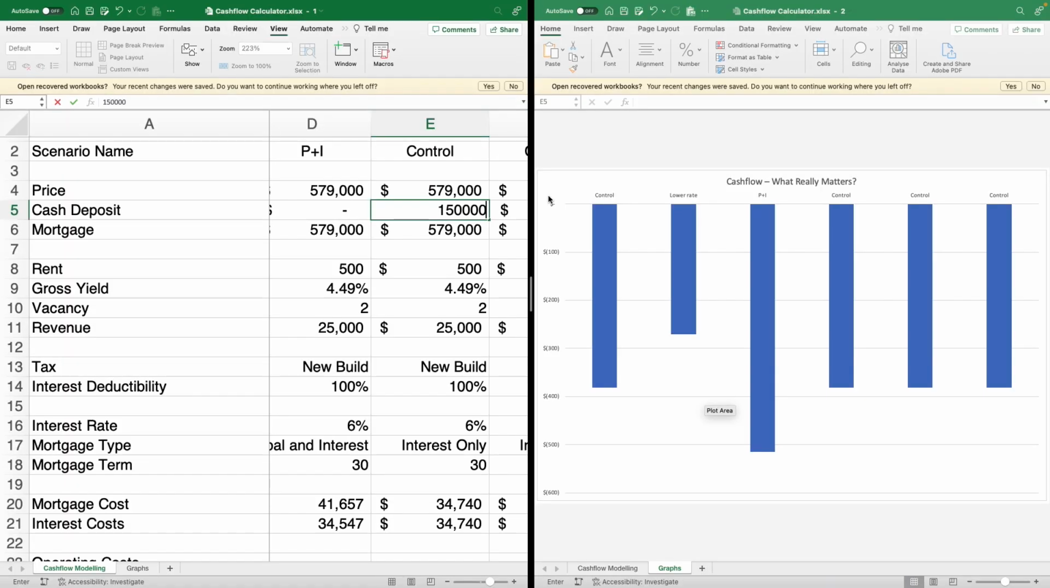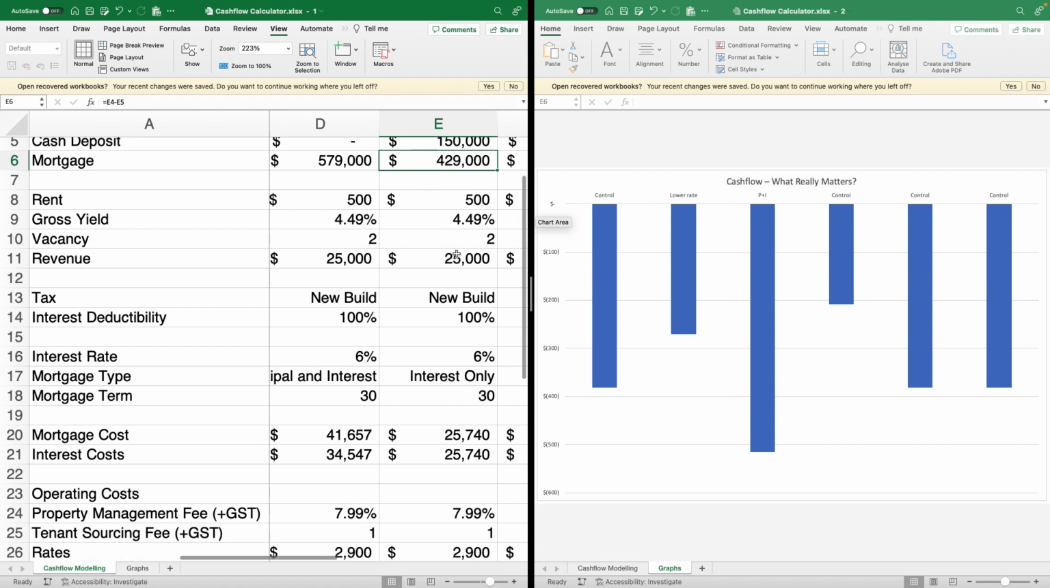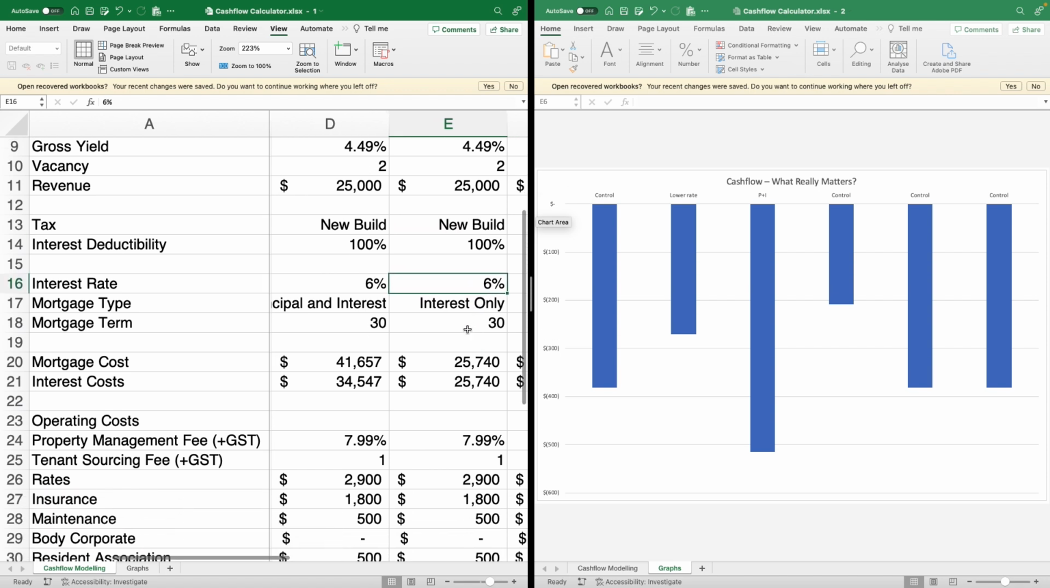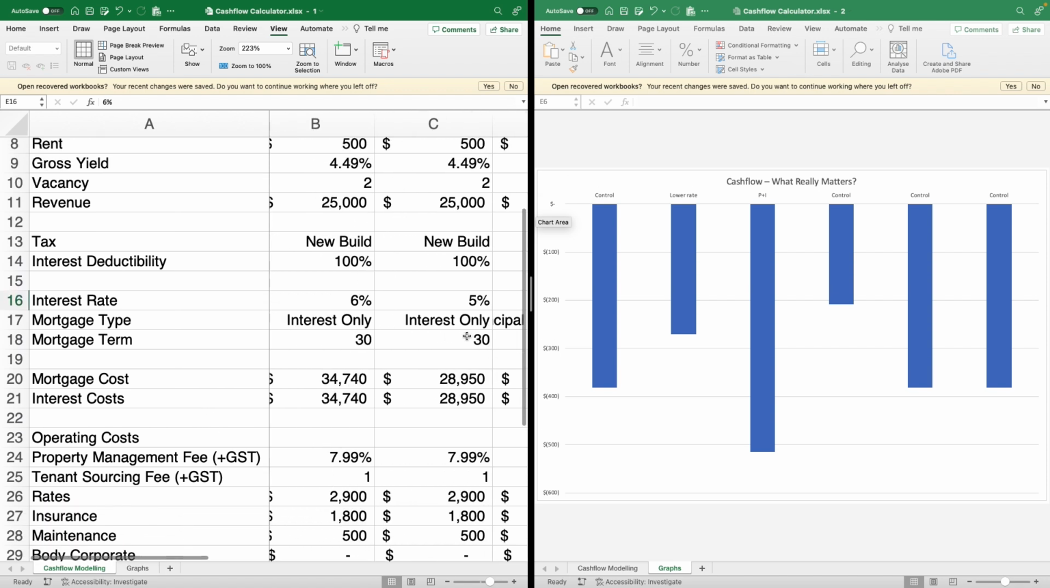Now, Andrew, one other major factor is the amount of cash deposit. So you've assumed here that the investor is borrowing all of the money to invest. Yeah, let's say that the investor had $150,000 sitting in their bank account. So rather than use equity against their existing house or existing rental properties, they use actual cash for the deposit. So if I put $150,000 in, which is a chunky deposit, and we now borrow $429,000, again, all the same numbers, interest rate at 6%,